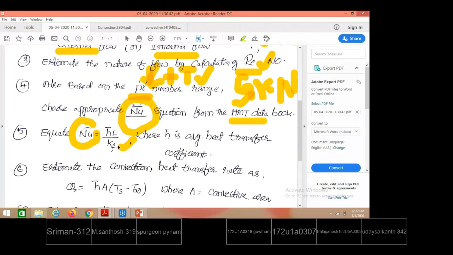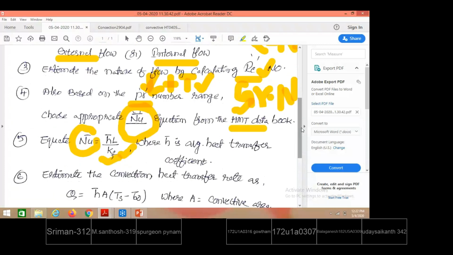This is the fluid thermal conductivity, kf. You might have seen, while estimating the Reynolds number, what are we using? U infinity into characteristic length divided by nu, nu for the fluid we are using. So where should nu be taken from? All these properties, even the Prandtl number, you must know, I told you. The Prandtl number value is also required. Where should the Prandtl number, the thermal conductivity or the nu value be taken from?